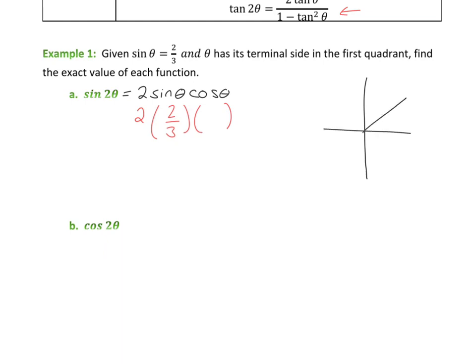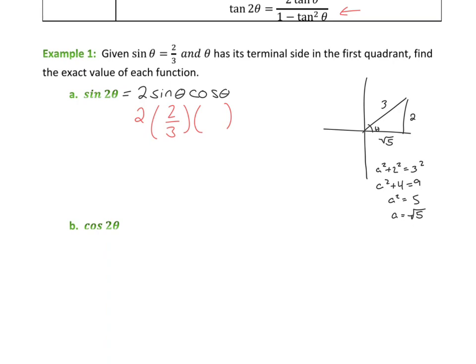But it said it's in the first quadrant. So sine is the opposite over the hypotenuse. Pythagorean theorem will give us our third side. It's a squared plus 2 squared equals 3 squared. So a squared plus 4 equals 9. So a squared equals 5. So a is plus or minus the square root of 5. In this case, we want the positive square root of 5. Okay, good. Now that we got that,